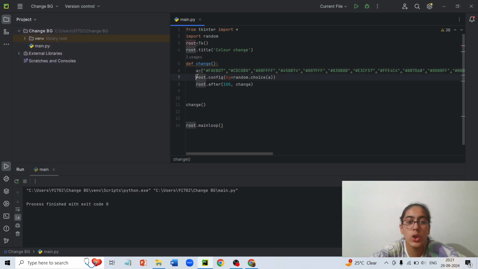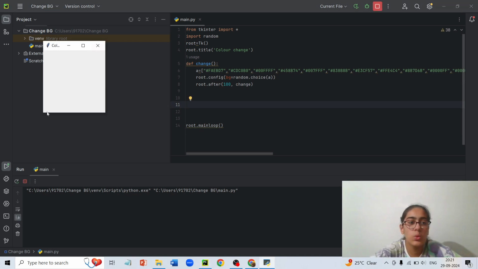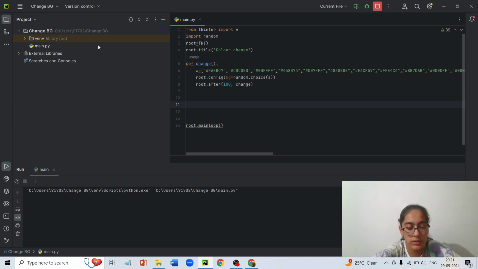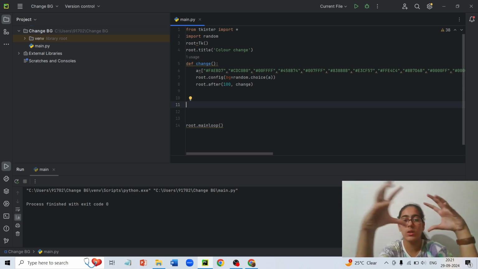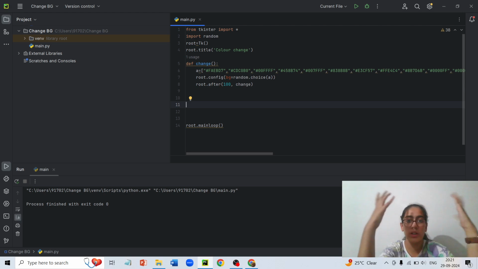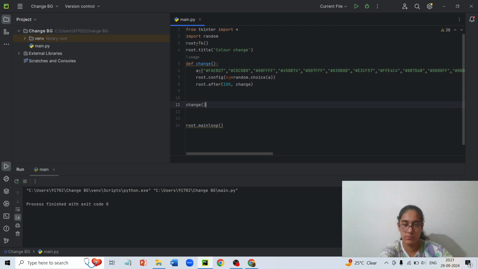Next we have root.config bg. Config means changing a value which is already present in the code. Our root already has an original color which is gray. If I remove this and run it, you can see the root is a whitish grayish color, but I'll just put it back. This is basically calling the function so that it runs. If I don't call this, then the function won't be fetched in our main thing. This def is basically like an inside thing of our computer, and it isn't shown in front until we call it. So I'll just call it again.